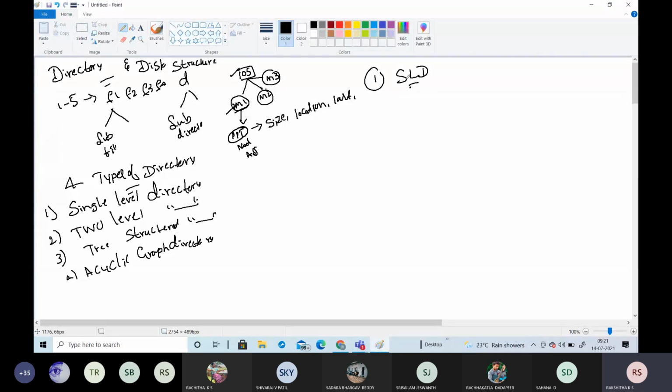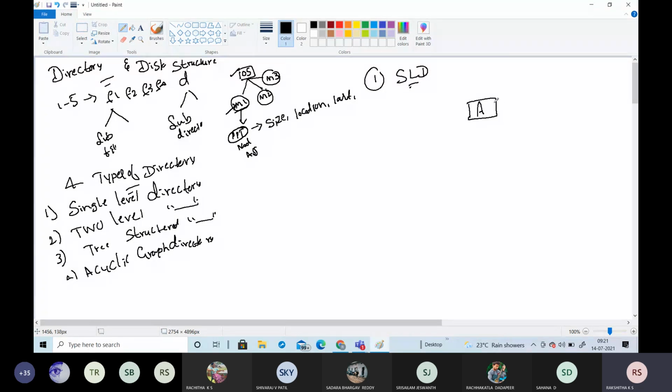In the single level directory, the name itself indicates that there is a single level. Here all the users of the system use only one directory. Let me draw a diagram for that. We use a square to represent the directory.